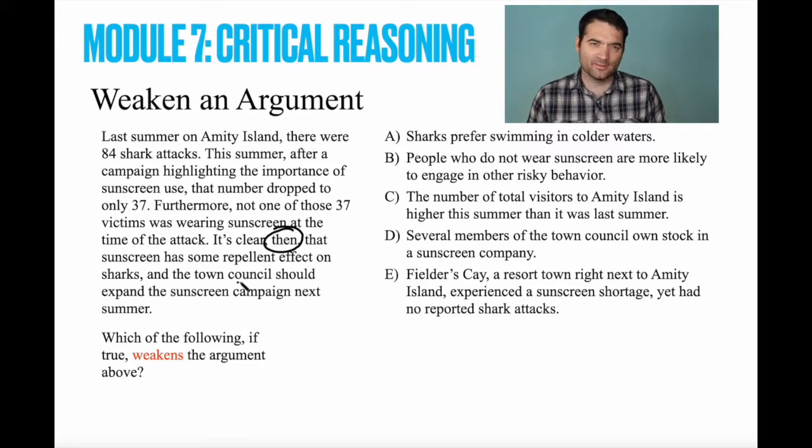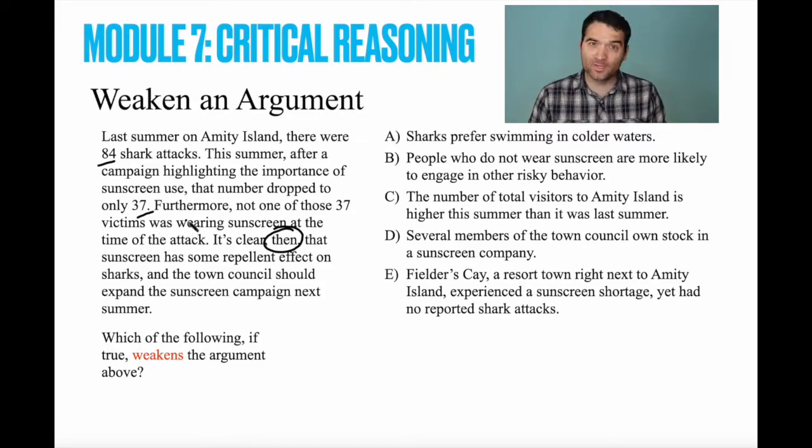Well, it's always a good idea before you jump right to the answer options to see if you can identify any potential weaknesses on your own in the argument. Just a good habit to get into. So let's do that right now. Did you notice anything maybe a little fishy about this argument? Sorry, couldn't resist. Well, for one thing, we have some numbers. And as I mentioned on the Bubbles the Clown question, when they throw numbers at you, there might be something weird going on. For instance, do we know how many total people there were on Amity Island this year versus last year? Maybe this is a higher percentage, et cetera.